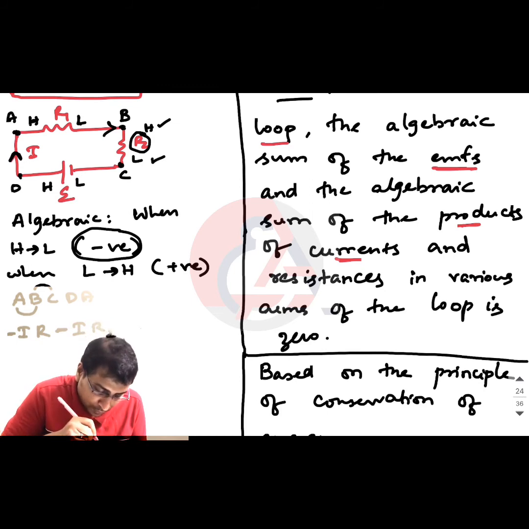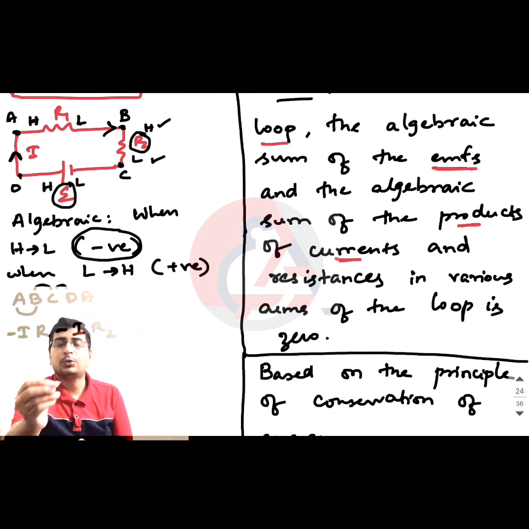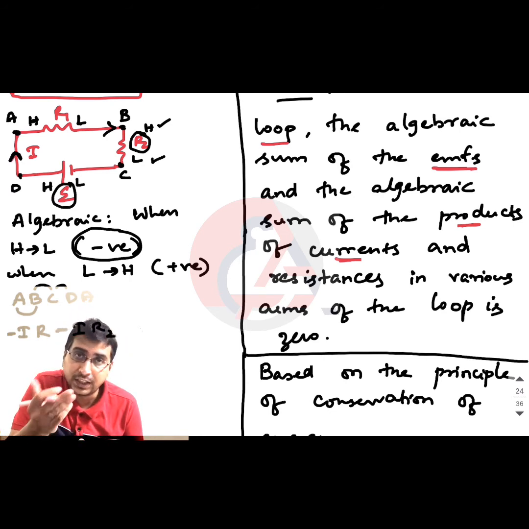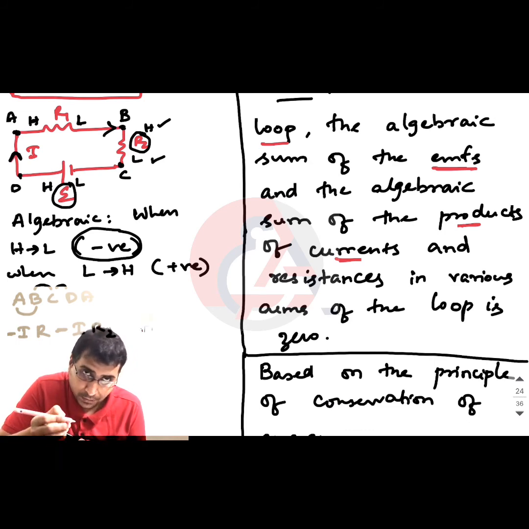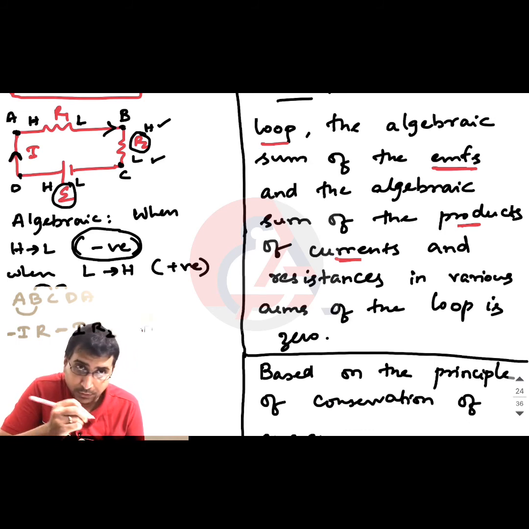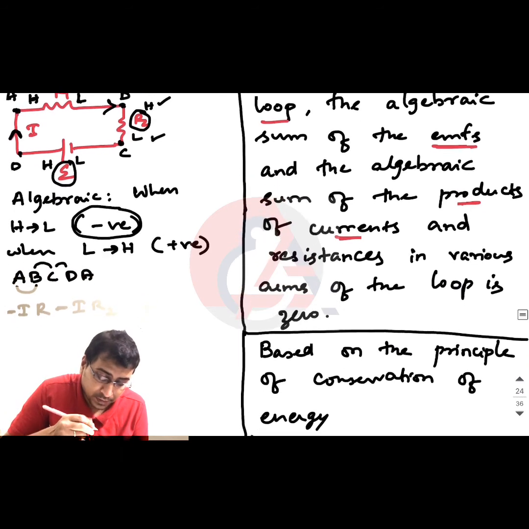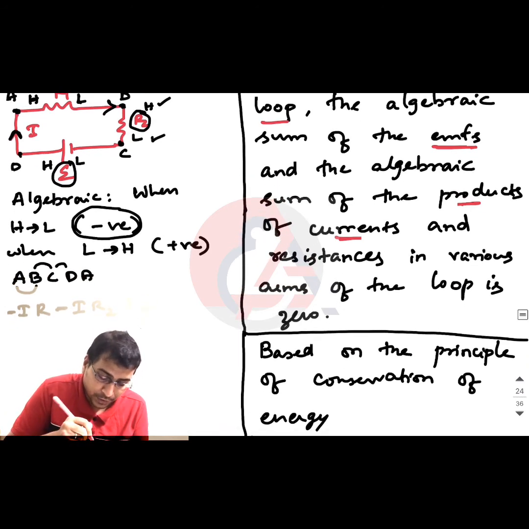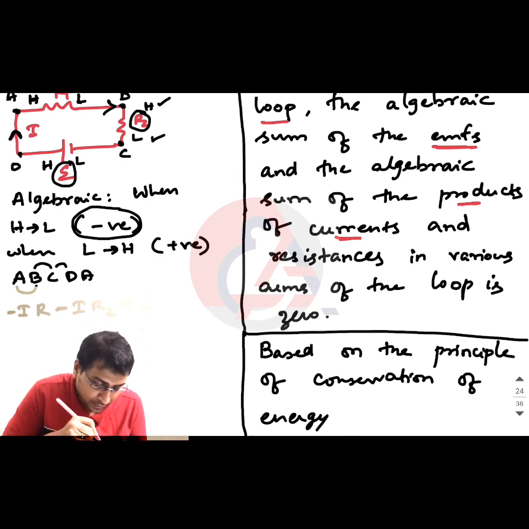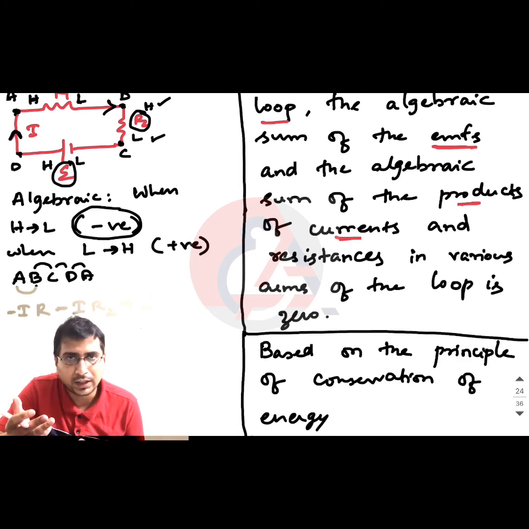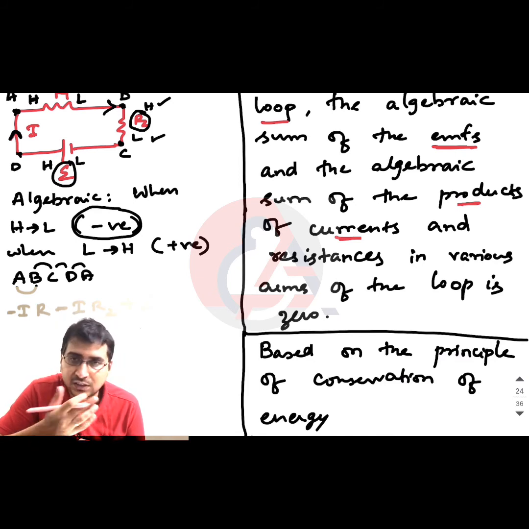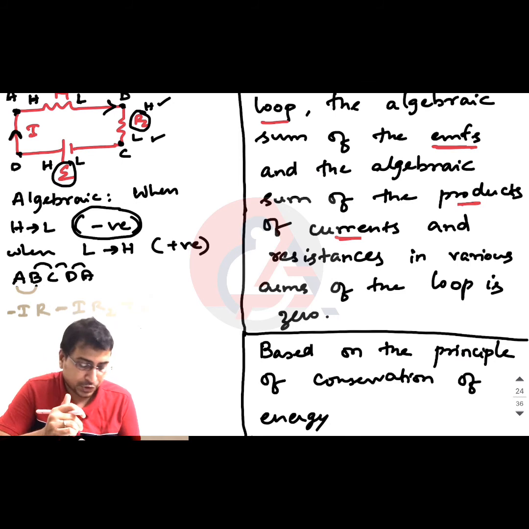Now when you go from C to D, you have a battery. Wherever you have a cell or a battery, you need to take the EMF into consideration. So EMF is written here. Should I take it as positive or negative? We need to take it as positive, because when you are moving from C to D, you are moving from the lower to the higher potential. Now from D to A, there is no active or passive element present. It is just connected by a wire, so there is no potential drop.